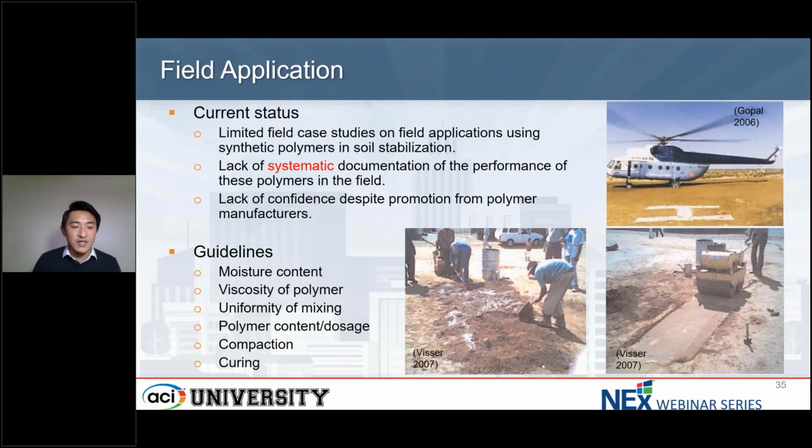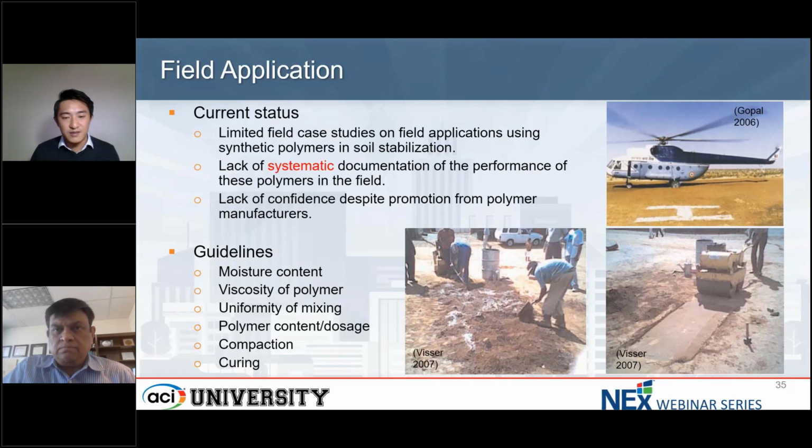And then another thing that's unique to polymers is their viscosity, because for cement, we don't need to think about it. It's a dry powder we mix with the soil. However, for polymers in field application, usually they're sprayed directly on top of the soil and then mixed. However, polymers, like I mentioned earlier, could have different molecular weights. Once the molecular weight is high enough, they could be very viscous. And so we need to think about those and choose the correct molecular weight as well as the concentration of the polymer for easy application. And then the other